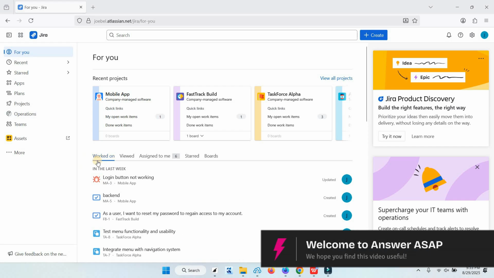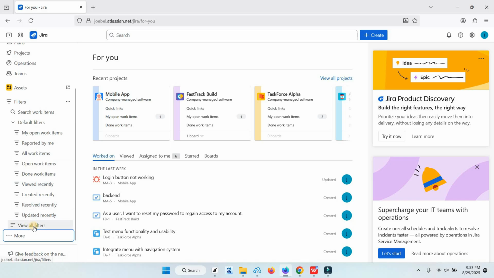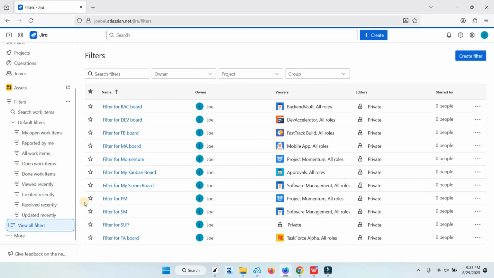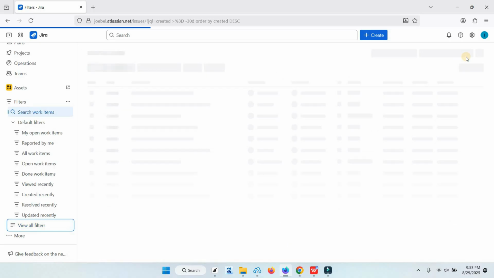This is how to create filter in Jira. From your dashboard, go to More on the left menu, click Filters, and click View All Filters. Then click Create Filter,